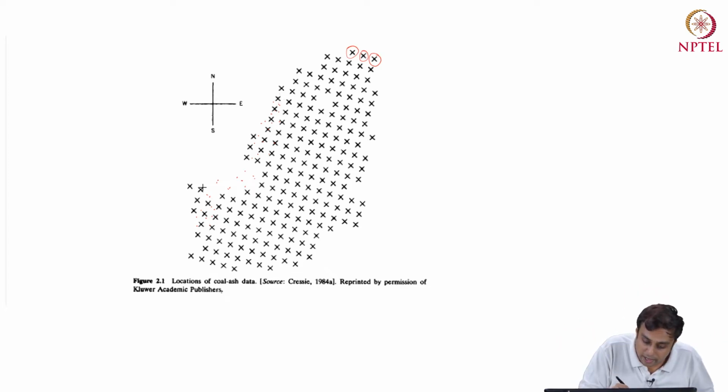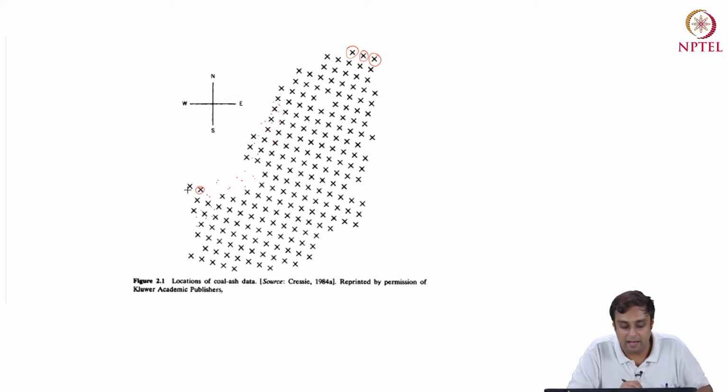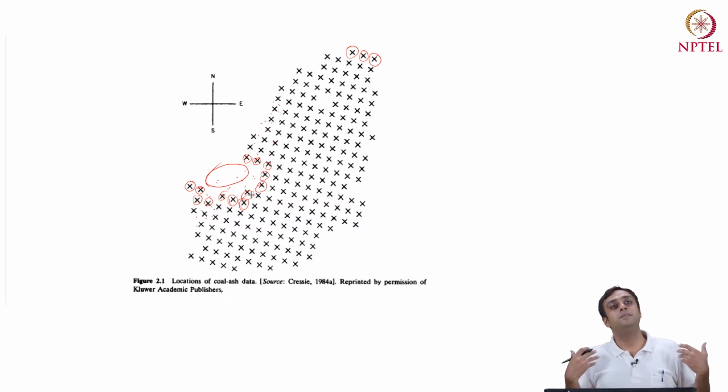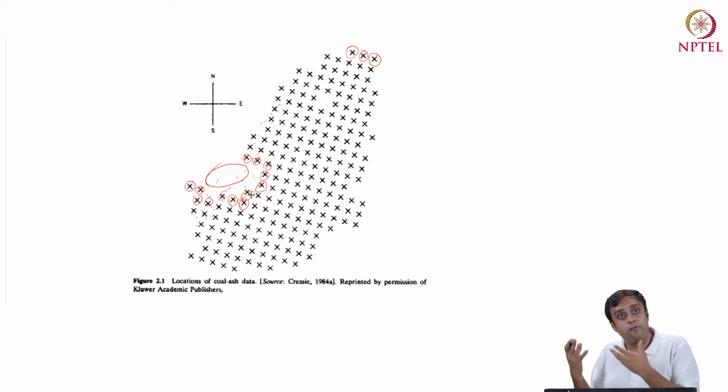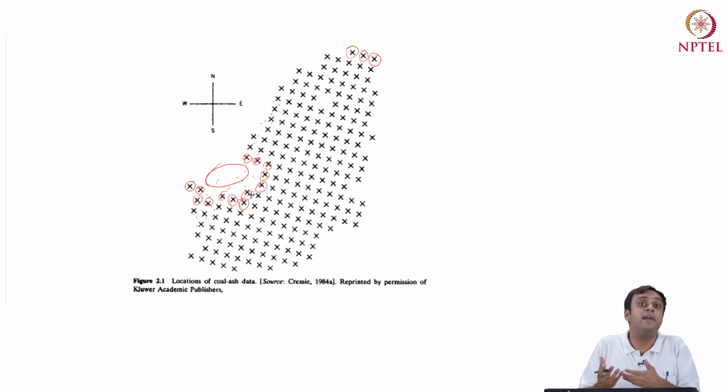So although I might get a very good idea of what's happening at this cross which I have circled with a red circle, or some of these crosses, I will have no idea what's happening in the region around these red circled crosses. And this is one of the roles of spatial statistics. This is one of the places where spatial statistics came into being: to be able to predict the quality and the quantity of coal beneath the ground where it has not been sampled, using information from where it has been sampled. That is the crosses by themselves.